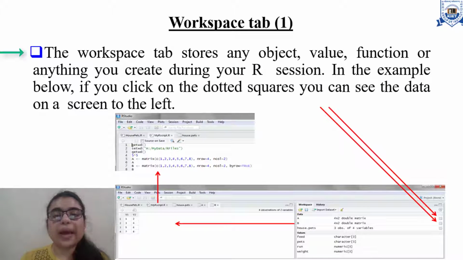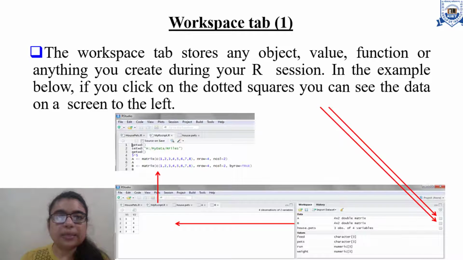Now let us look at the workspace tab. Basically, this workspace tab stores any object, value, function or anything you create during your R session. Here in this example below, if you click on the dotted square, you can see the data on the screen to the left.